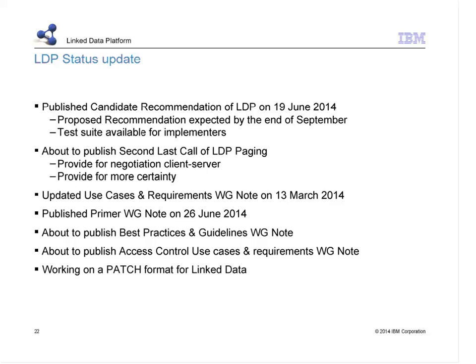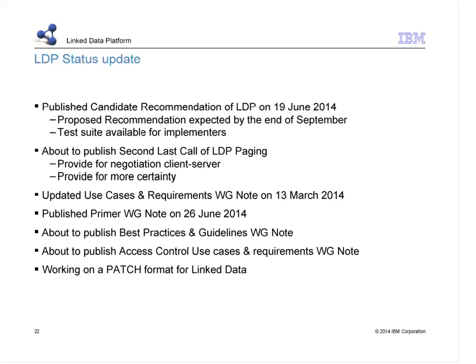As I was saying, there was some controversy about the section. This was part of the LDP spec initially, but some people were not happy with what was in the spec, and we wanted to take more time to work on it. So rather than slow down the whole specification, we put it into a different document. As of this morning, the working group had a call and agreed to publish LDP paging as a second last call. So you can expect a new draft within a week or so.